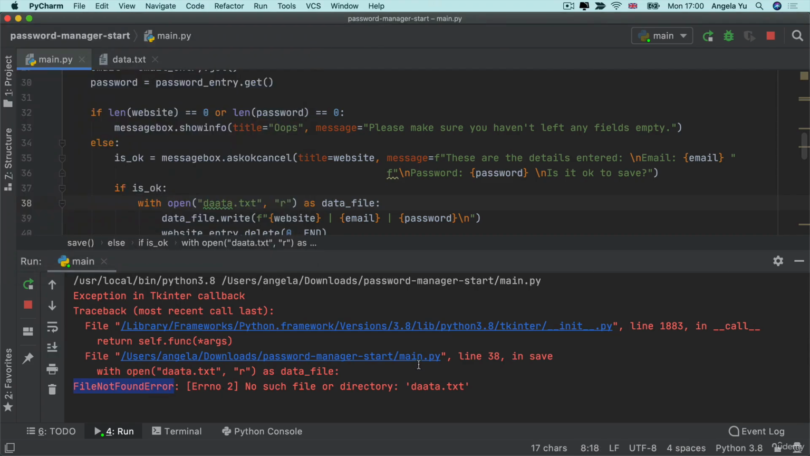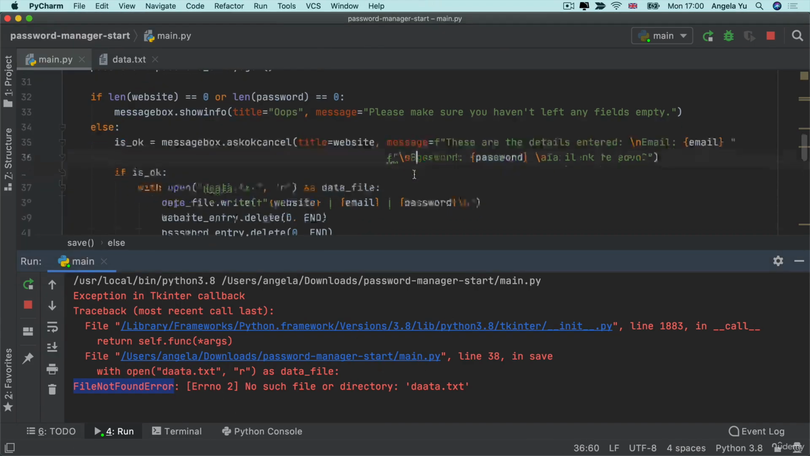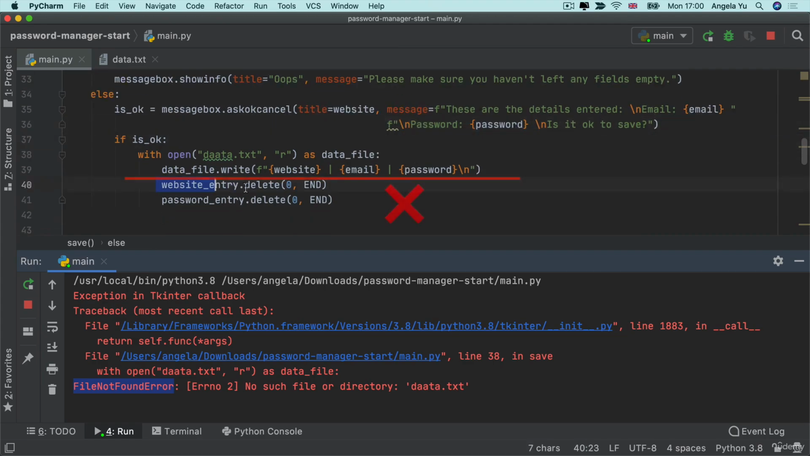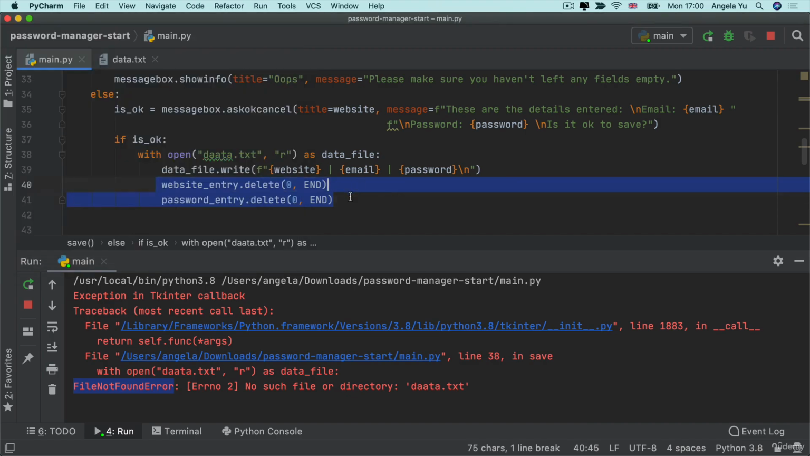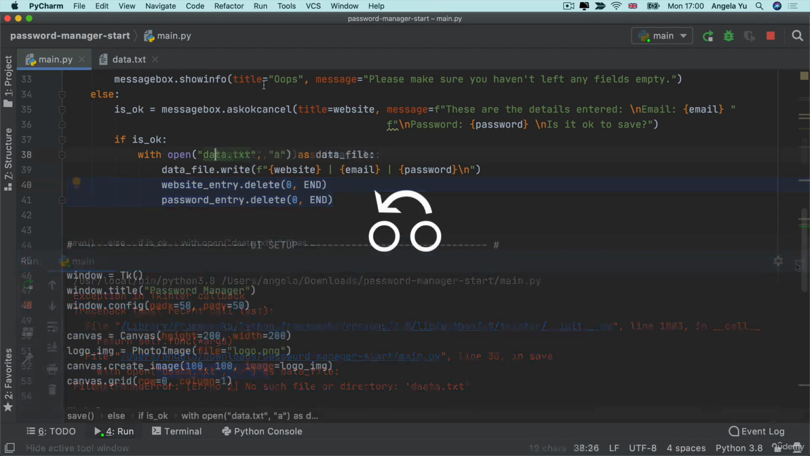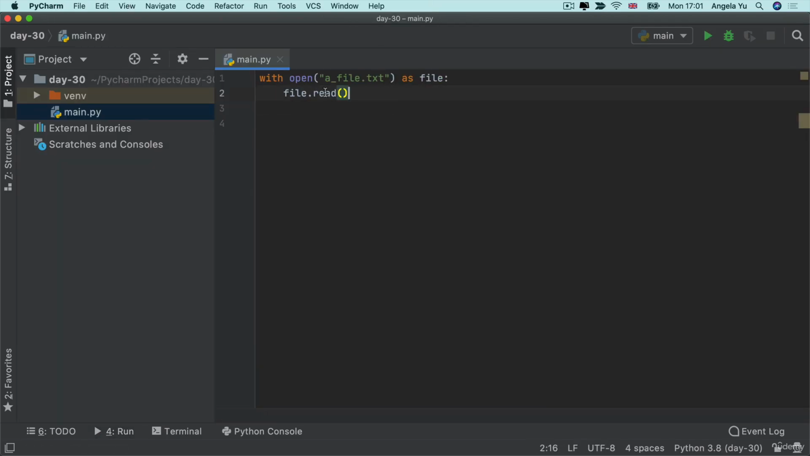file not found error. And notice how as soon as that error happens, it actually doesn't continue, because on the next few lines, we've actually got these two lines of code which delete the entry inside the website entry and also the password entry. But those lines of code are not being carried out because it's hit a stumbling block. It has not found the file that we're trying to open and read. So I'm going to restore the code to how it was previously, but this is a good point to start